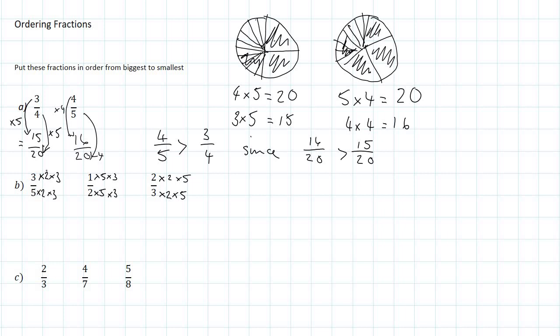So let's do the top one. 3 times 2, that's 6. Times it by 3, we've got 18. And on the denominator, 5 times 2 is 10. 10 times 3 is 30. Okay? Now I already know that these ones are going to be out of 30 as well, because that was